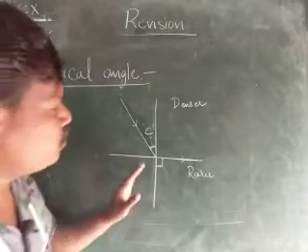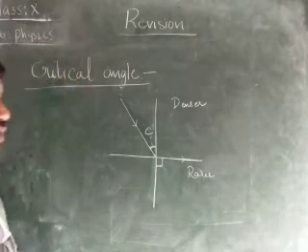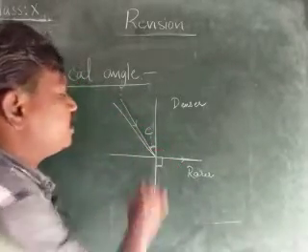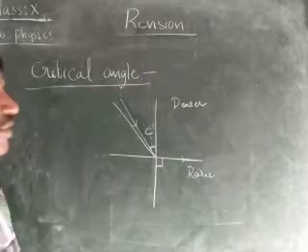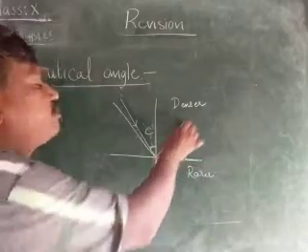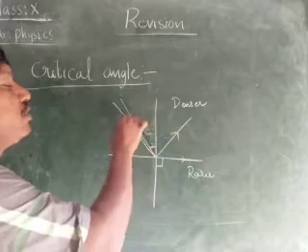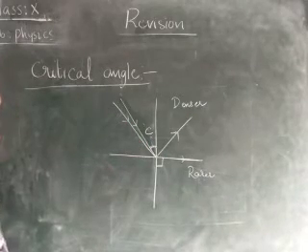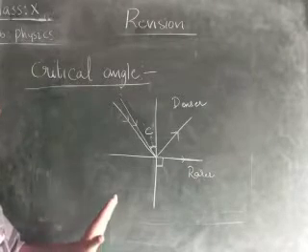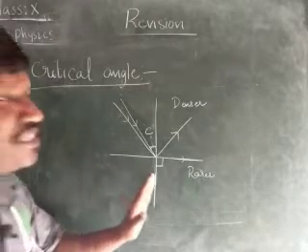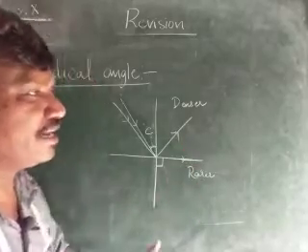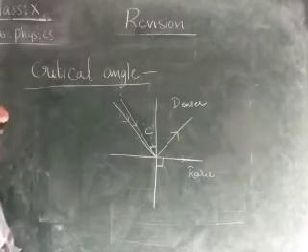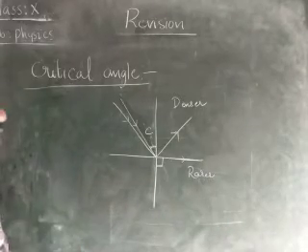Next we have total internal reflection, children. When the angle of incidence is greater than the critical angle, the refracted ray, instead of refracting, reflects back into the same medium. Therefore, that is called total internal reflection. In the examination you may get a question: total internal reflection is applicable only when the angle of incidence is less than the critical angle or greater than the critical angle. It is greater than the critical angle. Only then does total internal reflection take place.